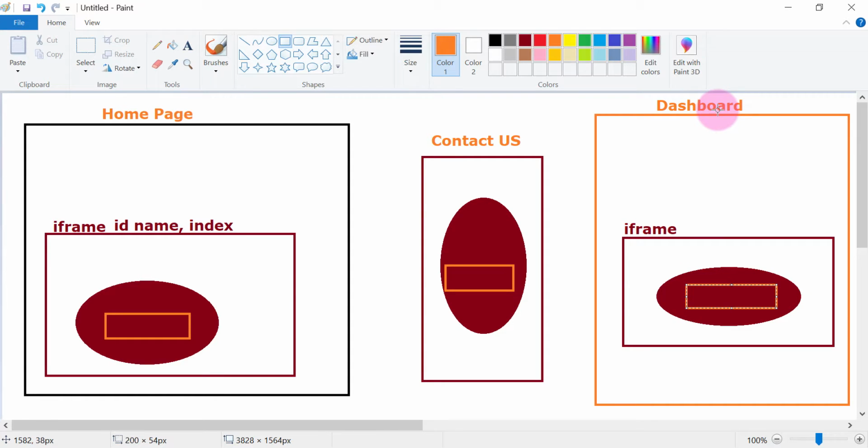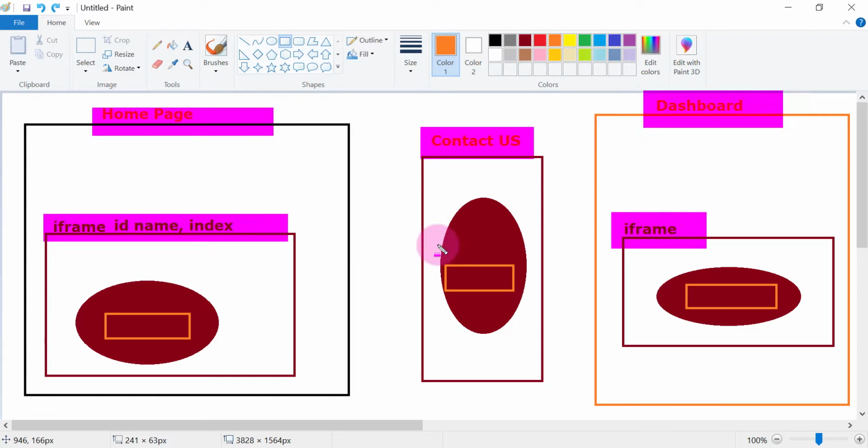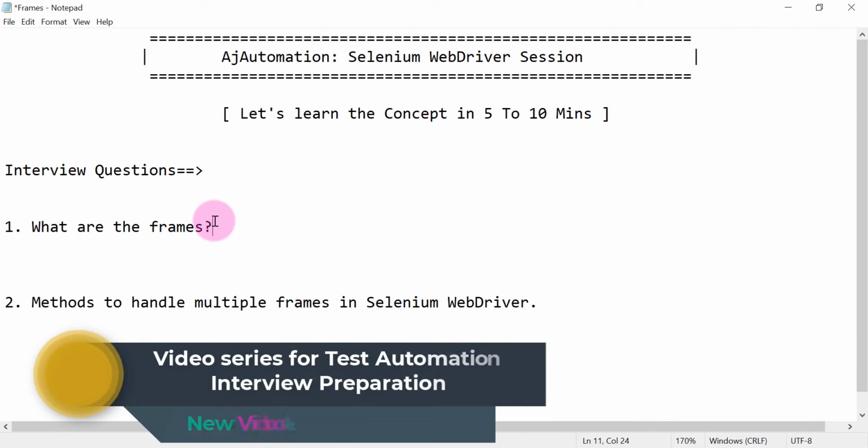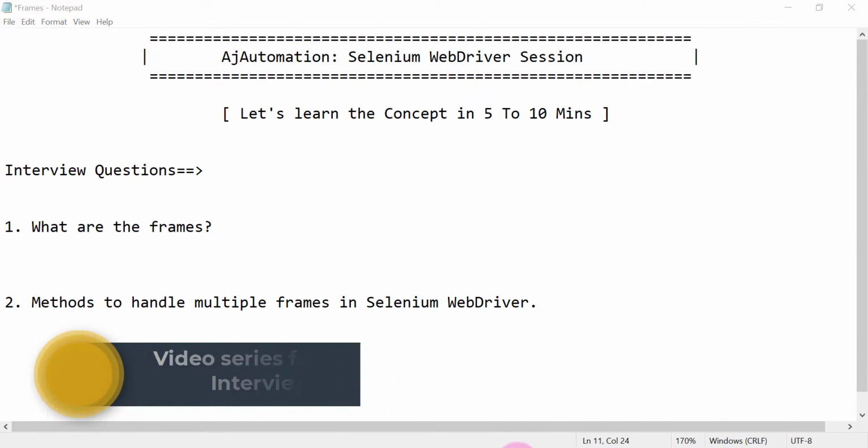So that is the main use and advantage of this frame concept. It will reduce your time and it will increase the reusability, right? So this is about the frame concept, by which we can embed one web page into another web page directly. And how it is helpful is, it will increase the reusability of code. So if you change anything here, it will be directly changed in all the web pages where we have used that HTML web page embedded with the iframe. Okay, so I hope this concept is clear to you. So if in an interview someone asks you what are the frames, you can draw some diagrams like this.